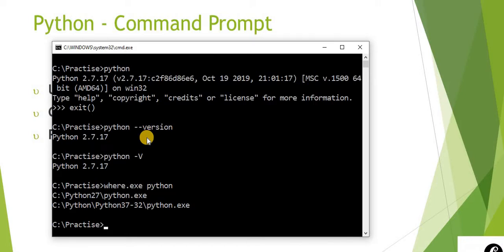Now on my machine there are two Python paths. C:\Python27 contains 2.7.17. The other one is for the Python 3 version. So I can have n number of versions of Python installed, but the path I have set is C:\Python27. That's what it's going to use by default, 2.7.17. If you want to run anything specific to the other version, then you have to go to its path and run it with python.exe.